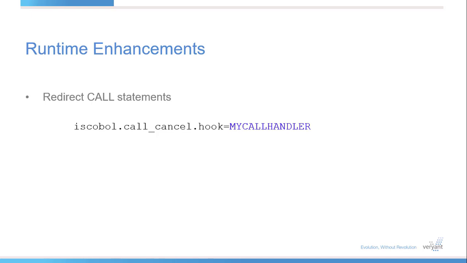Use ISCOBOL call cancel hook to redirect a call to a different program and modify the parameters passed. So for instance, if your program calls program A with parameters ABC and 1, 2, 3, you can write a hook program to redirect the call to program B with parameters ZYX and 987. This means you don't need to change your program code or have more than one copy for different scenarios or